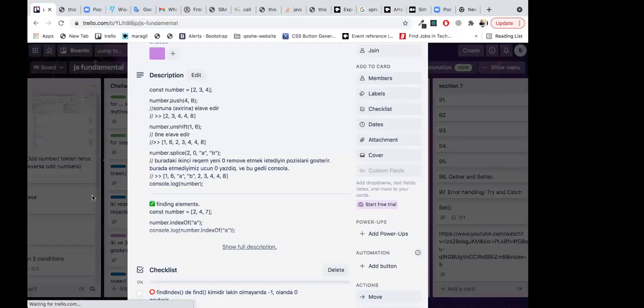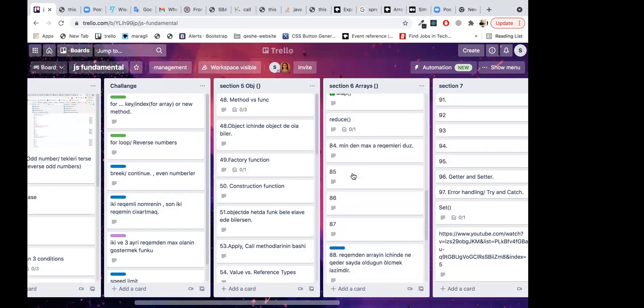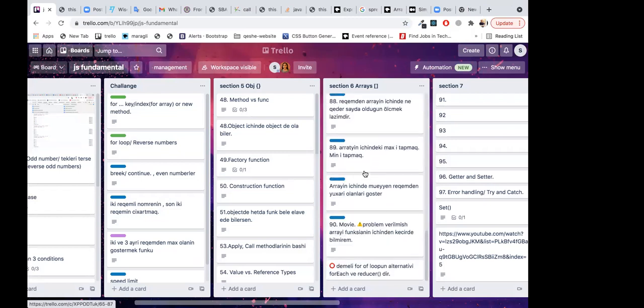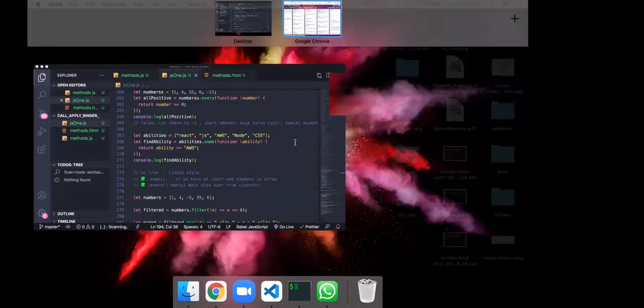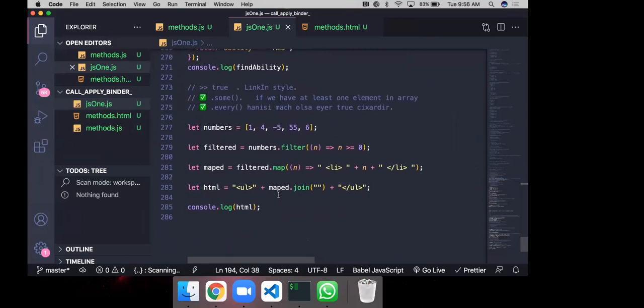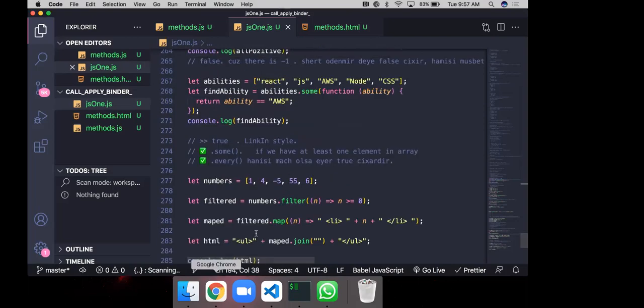Give me one second. Okay, this one. Reducer, okay. With reducer, we can get the same result as with a for of loop. Yeah, fine.